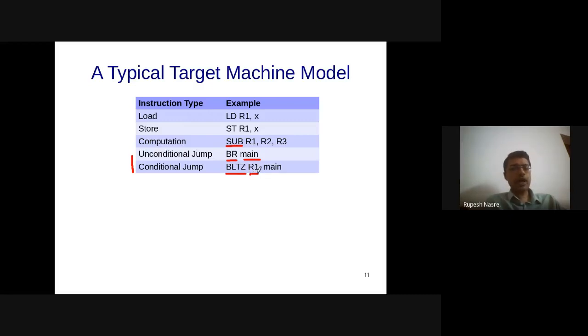If the value in R1 is less than 0, then jump to label main. So that is what it says. This is the kind of typical machine model which suffices for most of the other instructions. For example, if you want to have function calls, there is something more that will be required, but you can say that the load and store you can do onto the stack pointer. So this could be a stack register, and you are pushing an address into the stack register, so that becomes pushing the return address before making a call, and after that there is branch to that particular label corresponding to that function, so that resembles a call instruction.